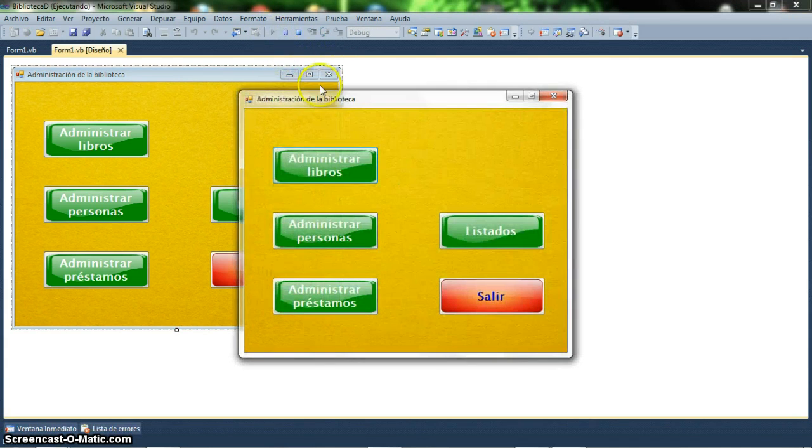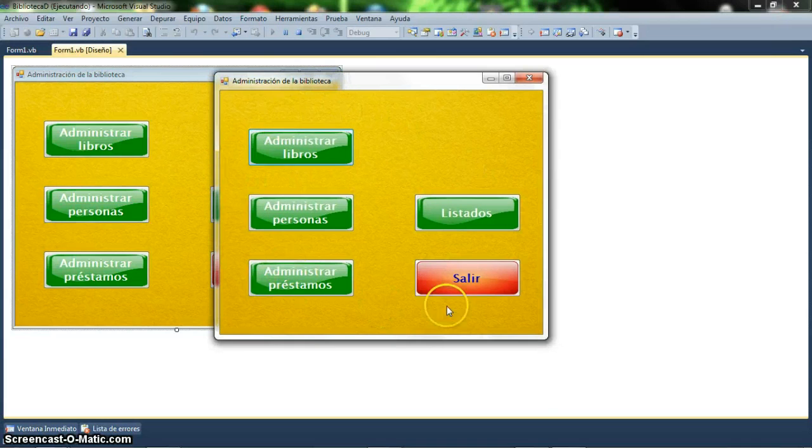First of all, I'm going to run the application, and in the main screen you can see some buttons. First, here to manage the books that you provide to the different persons. Here another button in which you can manage the persons that borrow the books, and